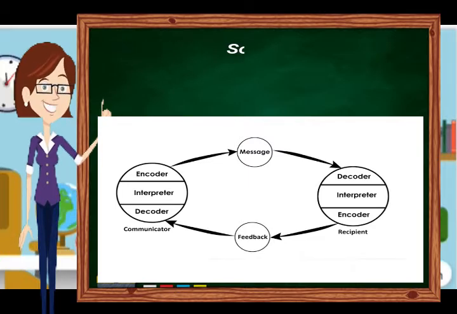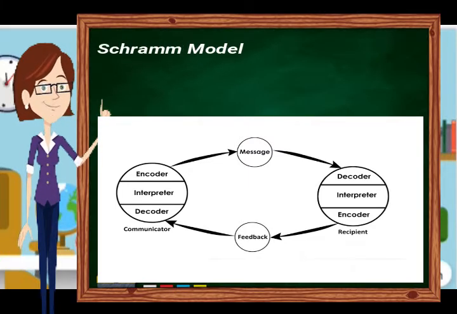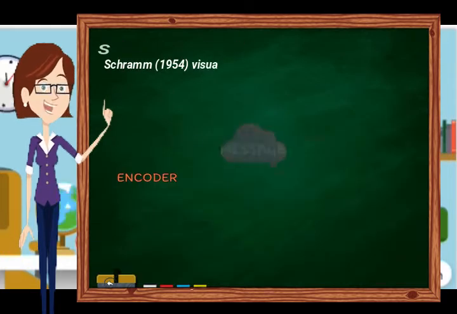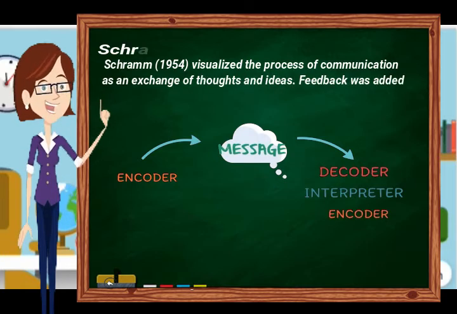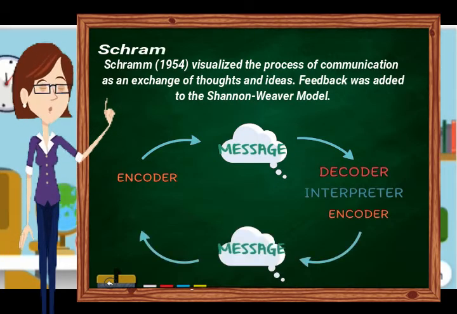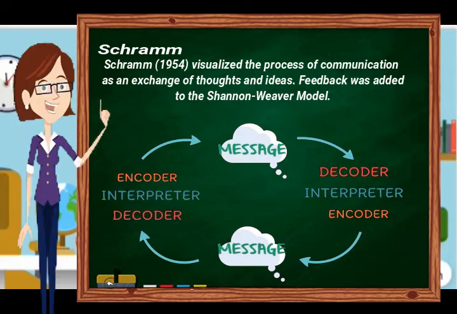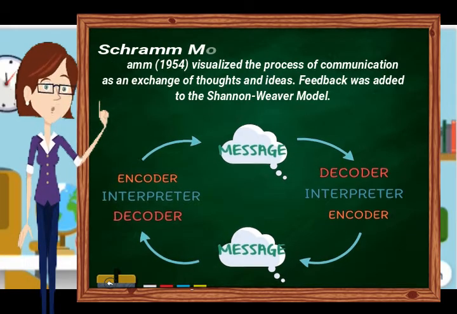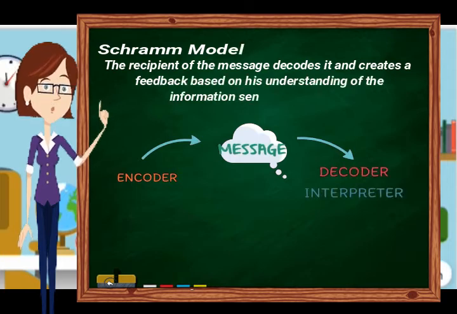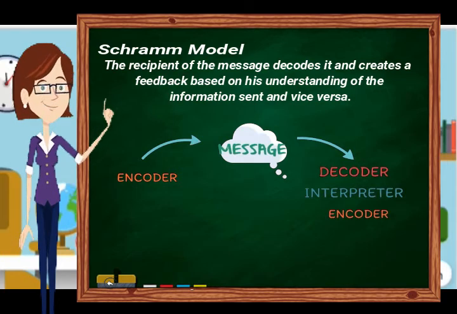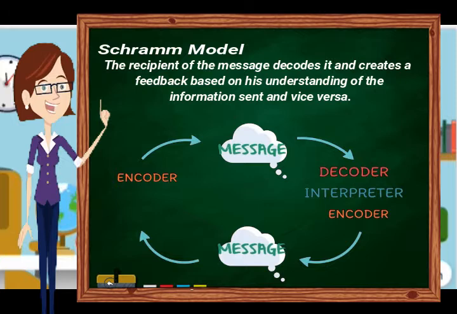What have you noticed? Of course, you noticed something different from the previous model. This model, known as the Schramm 1954, visualized the process of communication as an exchange of thoughts and ideas. Feedback was added to the Shannon-Weaver model. The recipient of the message decodes it and creates a feedback based on his understanding of the information sent, and